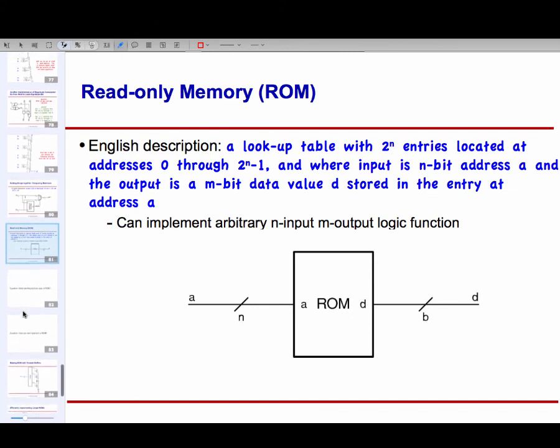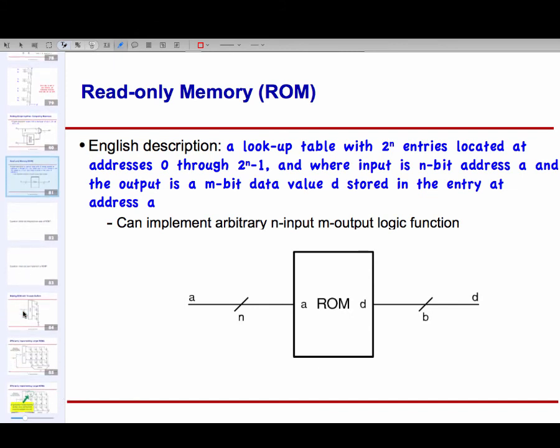Okay, so there are some other tremendously useful types of combinational logic modules. We have seen earlier that a mux can be used to implement anything. A decoder can be used to implement arbitrary things. There's a very powerful thing called ROM, read-only memory. Read-only memory is just a memory. So what does computer memory do? Computer memory stores data. Whenever we need to fetch the data, we provide the address at which the data is stored, and the memory returns the content of that address.